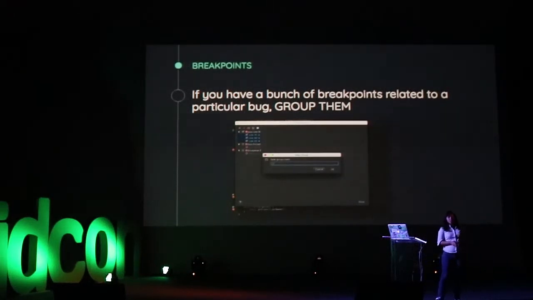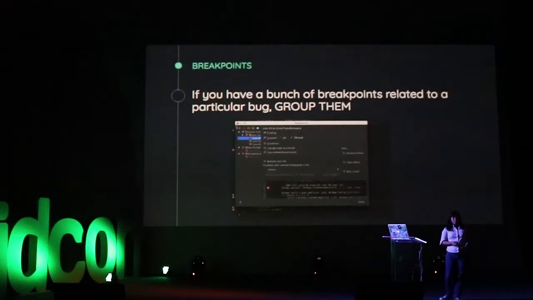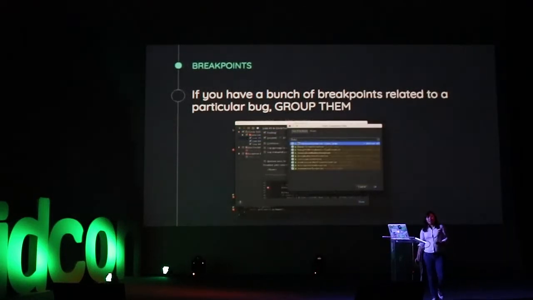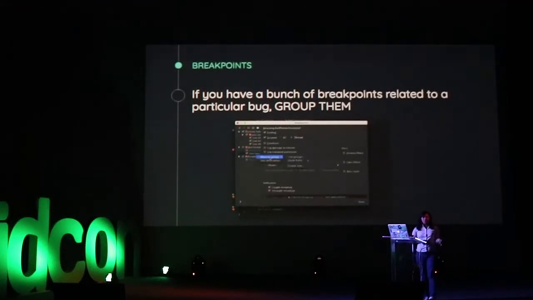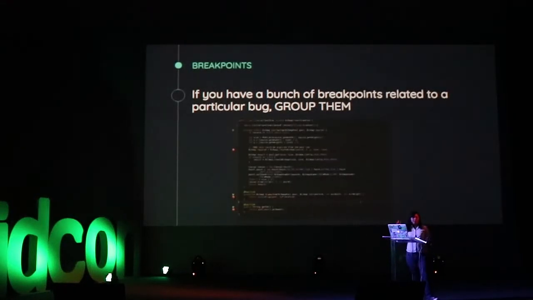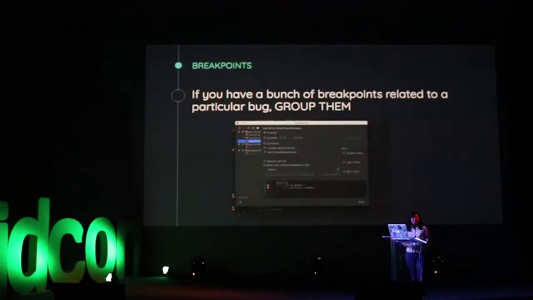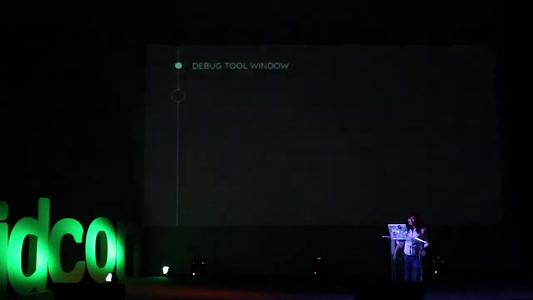Remember the things I said you can do with a breakpoint, like stopping at a particular iteration, all those things also apply to a group. So it's basically like managing a group of breakpoints. If you're done with an issue, just disable that group and you're done. And if the issue arises again, you can just re-enable the group and then you're back again.